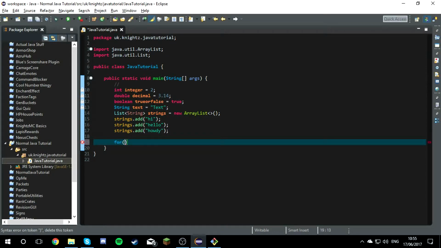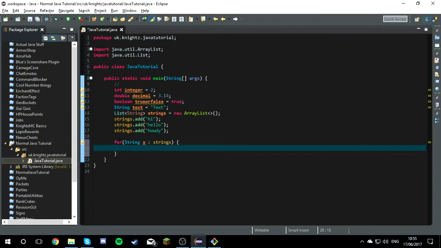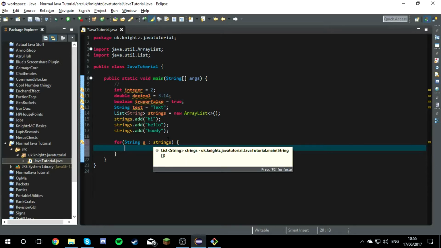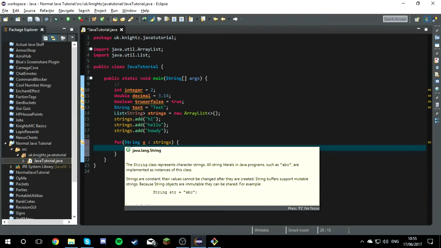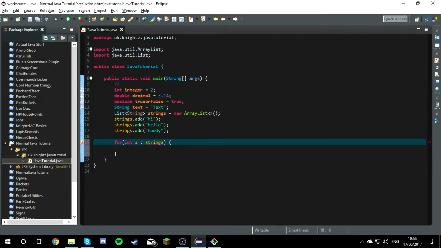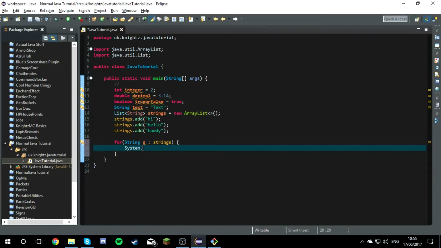So since it's a list of strings, we're going to do for every string, which we will call s, in strings, do this. So this goes through every value in the list. It doesn't have to be in a list. You could do it in something else, but for every string in this case, because we can't really do int, we will do this code. So we will do System.out.println s,